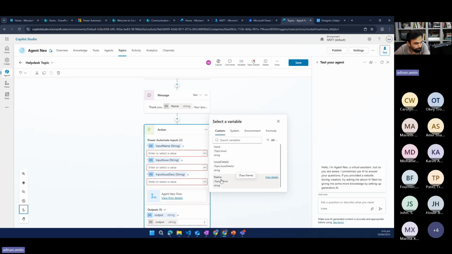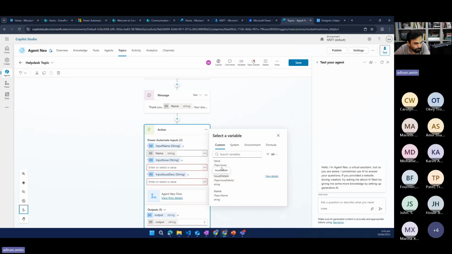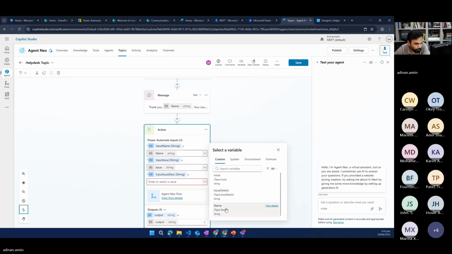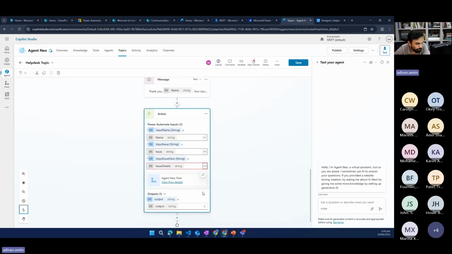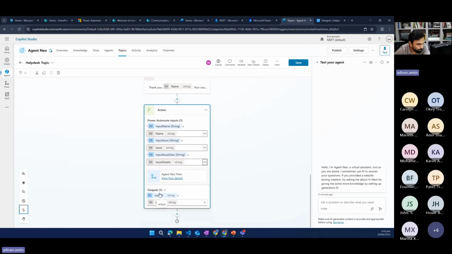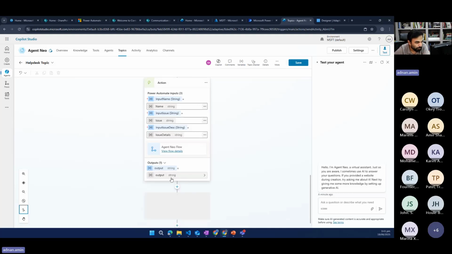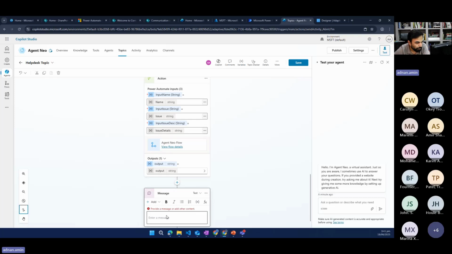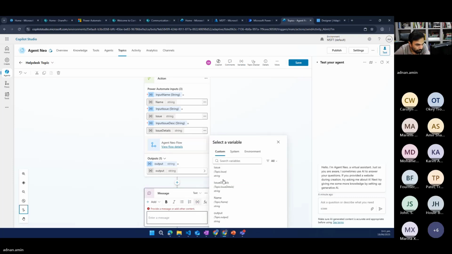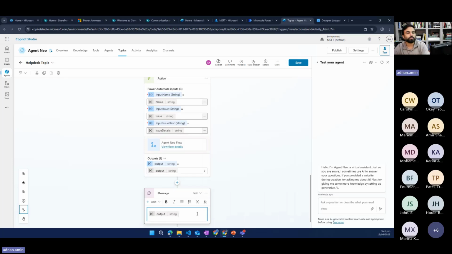I will select the name. I will select issue here, and here I will select issue detail, and output is saved there as output parameter, as output. So let's see if it saves the information, and let me send the message, and here I will just add that output variable to see if the information is submitted. Save,